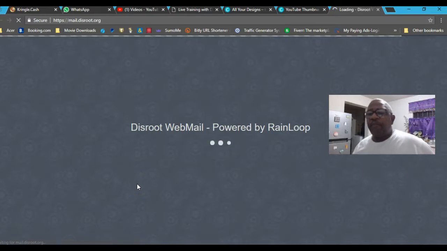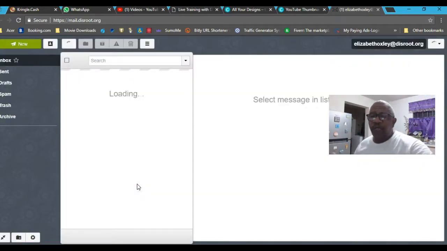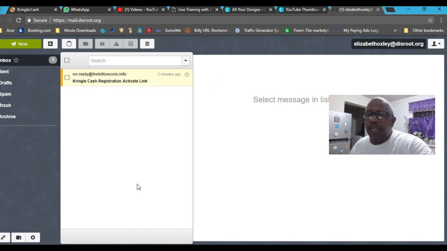And by the way, there are 3 email providers that I recommend using when you're signing up with TBC: Gmail, Proton Mail, and thisroot.org. Thisroot is the email provider of choice that I'm using here for this tutorial. And we don't normally get problems receiving emails at these providers. So here we are in